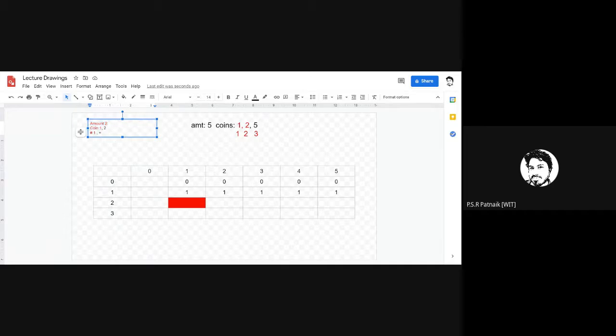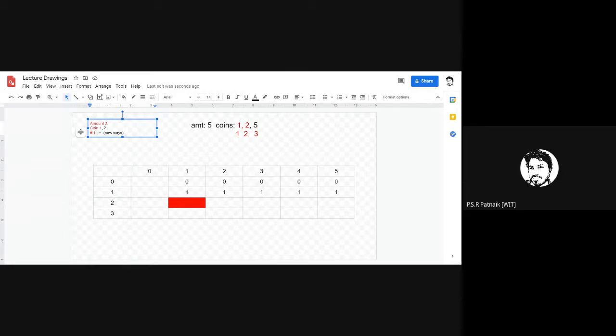Do you agree that for this newer problem, it is nothing but the number of ways I can realize amount 2 by using coin 1, plus whatever new ways you get here? Do you agree to this? Yes. So here we see a pattern that I can build the solution based on the previous problem which I've solved.